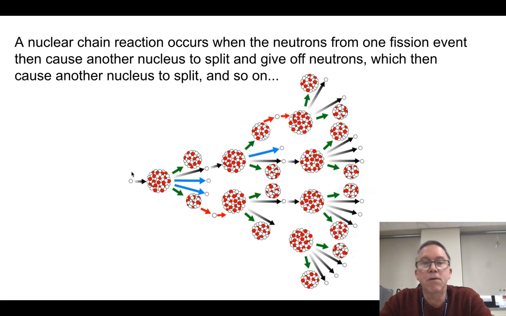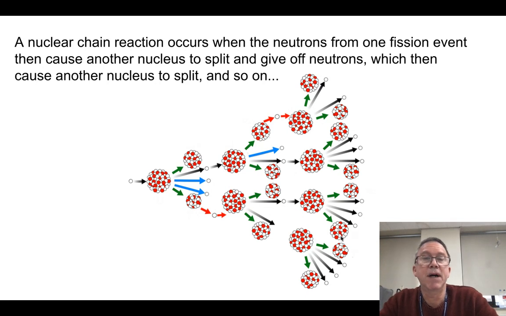It could be water or graphite, but basically it's going to slow the neutron down so it's going at the optimal speed to cause this baby to split. But when this splits, it splits into these two fission fragments or fission products, whichever you want to call them, and gives off usually three neutrons. And those neutrons fly out, and they might split other uranium nuclei, which will then give off neutrons and split other uranium nuclei. And so basically, if I get it right, I get a very rapidly accelerating chain reaction.